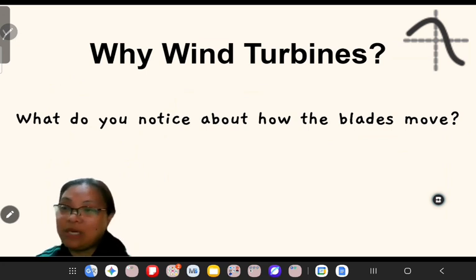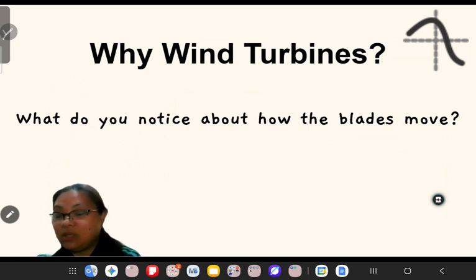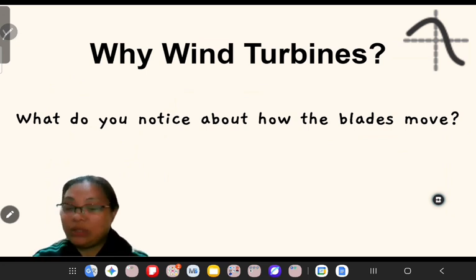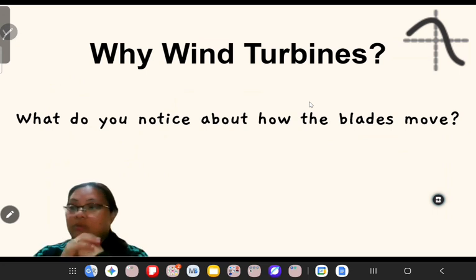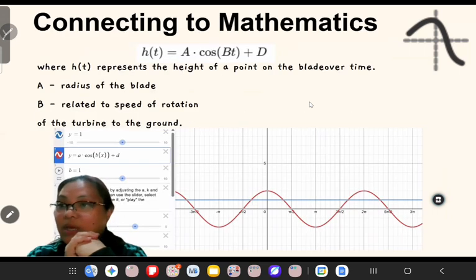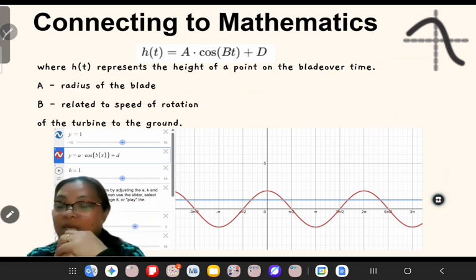So it will also be easier for the students to link the wind turbine and the graphs of wind turbine to the trig function that they will see in the next slide. So this here is the function that they are going to observe